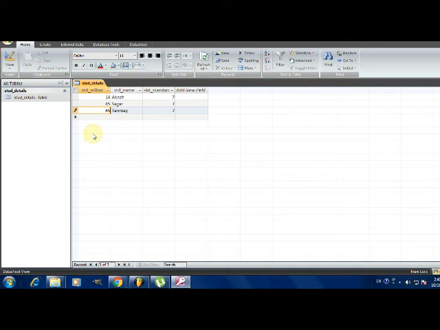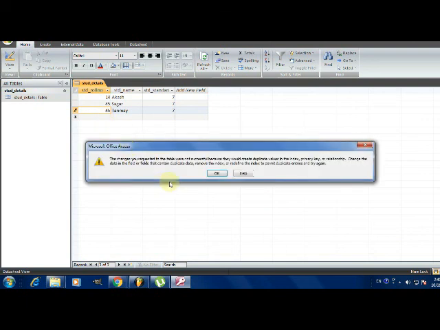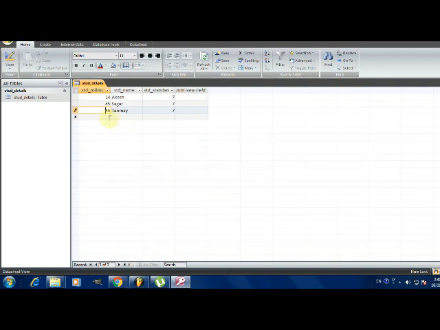Let's try with 45. Now go to next. It's showing the same error. Why? Already 45 is also used for Sagar. Try something different, 25. Now go to next record. Yes, it is accepted. Why? 25 is not used here before. But what about 14 and 45? Already those values were used for previous records, so it's rejected by the table.